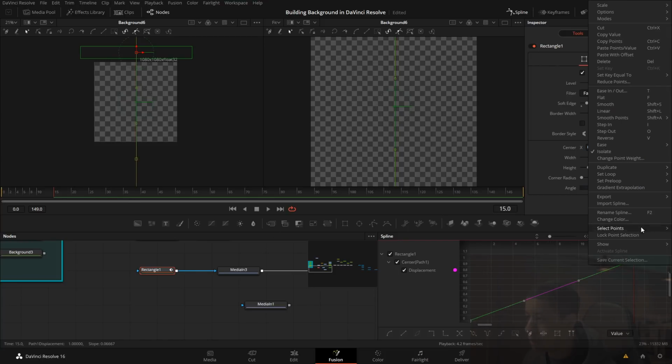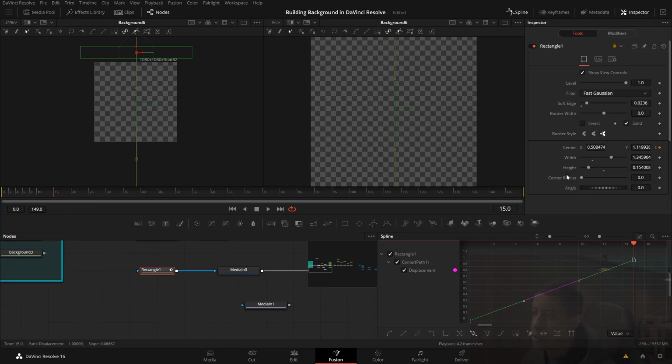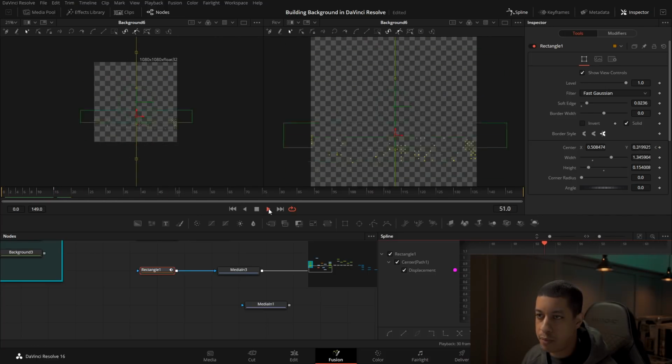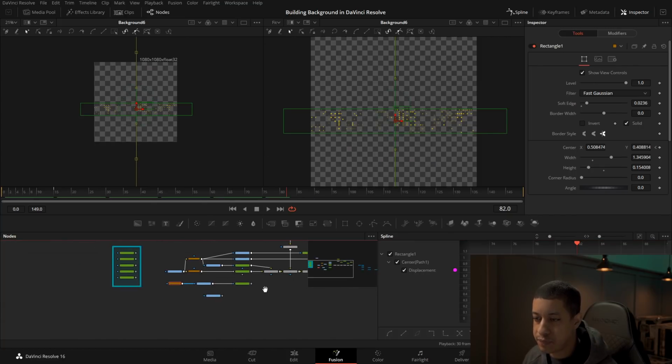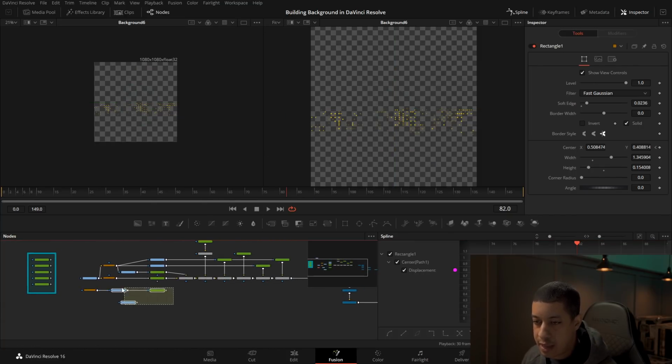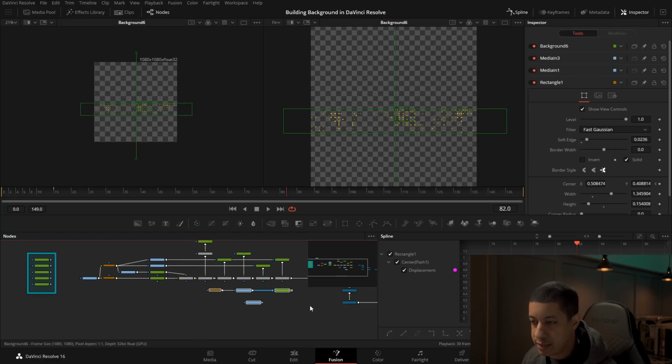I can right click, and then we can go to set loop, and we can go ping pong if we want it to go back and forth like this, or we can go loop, and it'll always just keep starting from the bottom. So it'll just go boom, boom, boom, boom, something like that. So I think that's what I'm going to leave it as. And so now I can just take all of this, bring it down to the end.